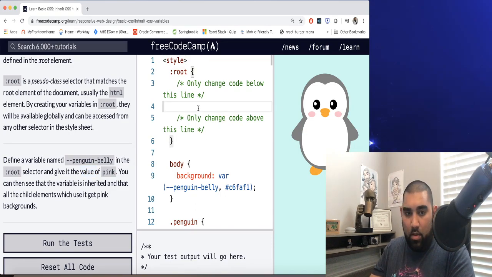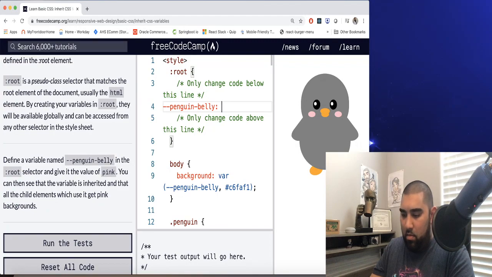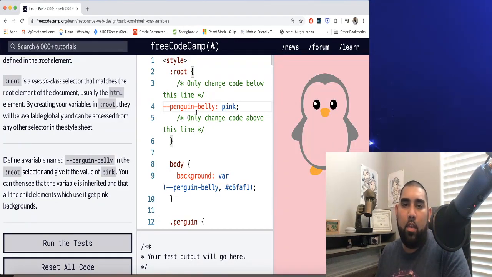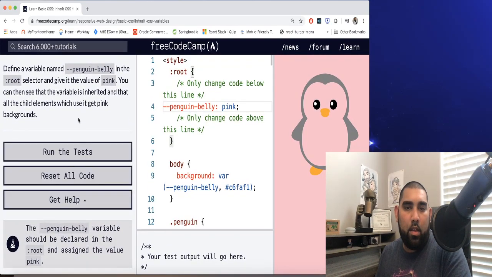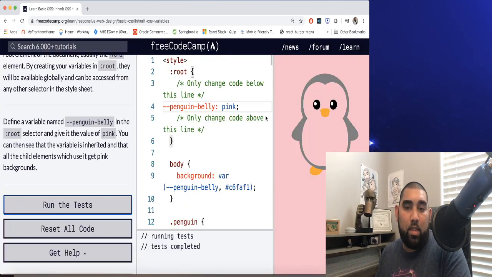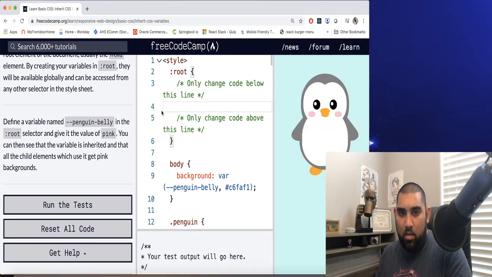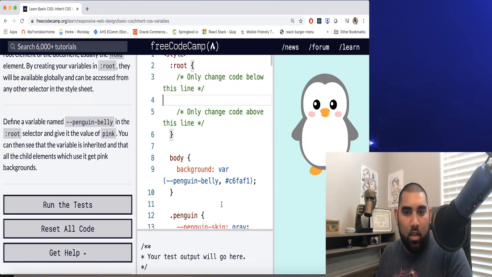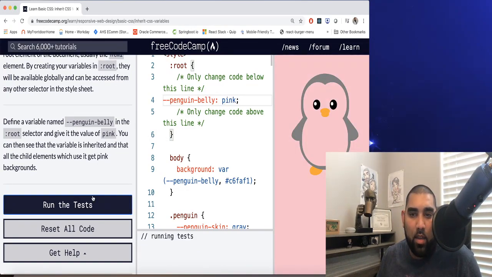So we're going to do penguin belly color, pink. Well, that's not right. It is root, right? But something's wrong there because it just changed everything, didn't it? It changed the background, it changed everything. Oh, the body also has that. Okay, but I'm not supposed to change anything below that line, but that's not right. Anyway,